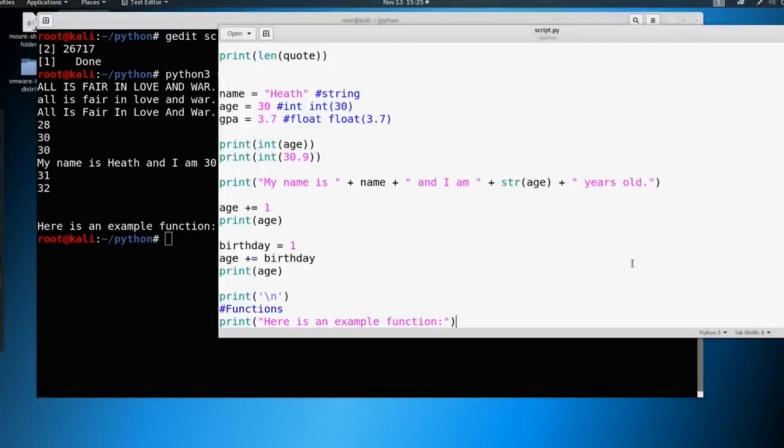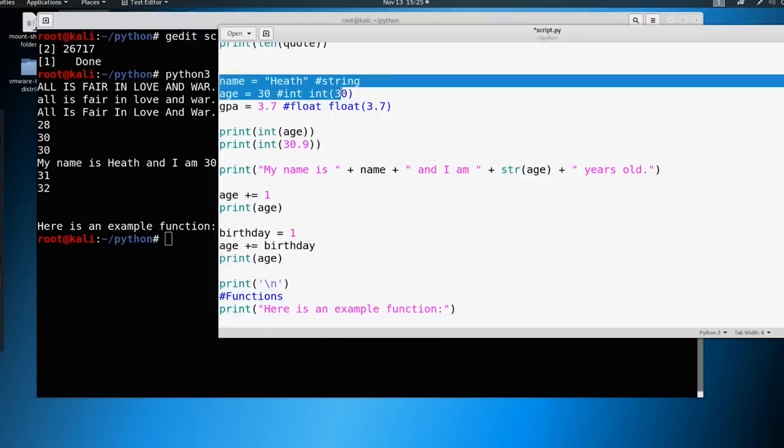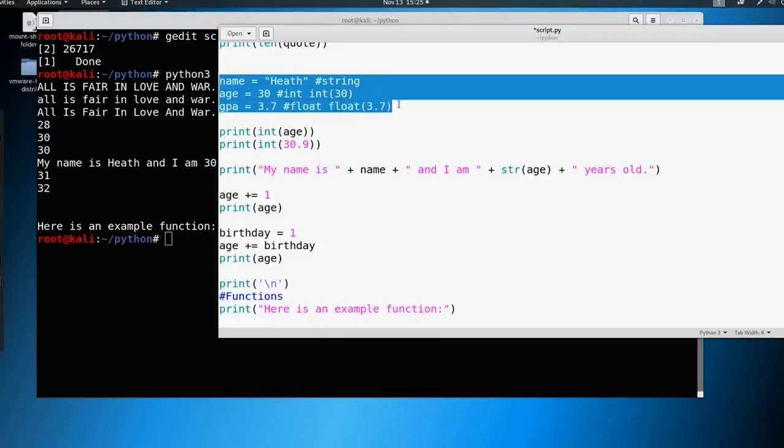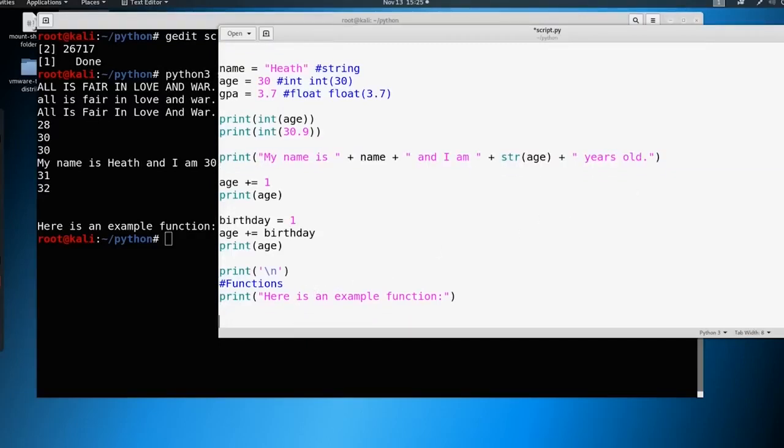So let's take a look at a function using something that we've already done before. We've got this section here, and we've got name, age, GPA. We're going to kind of reuse this and this print my name is. So let's go ahead and reuse this. We're going to say function here, right? So we're going to define kind of a who am I. So we're going to define this, and then we're going to do 2 parentheses and then a colon here. So it's going to look like this. And what's important